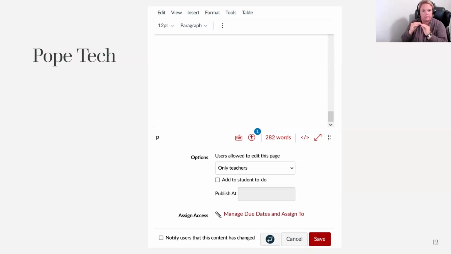Now, when you click on that icon and you see that tray, you'll see that it's more robust and there's additional information, more so than what was included in the Canvas accessibility checker. Again, I won't go into detail about how to use this tool. But we will offer workshops throughout the semester so that you can come in and we can do a hands-on session of learning to fix any of the issues that may come up in your courses here.